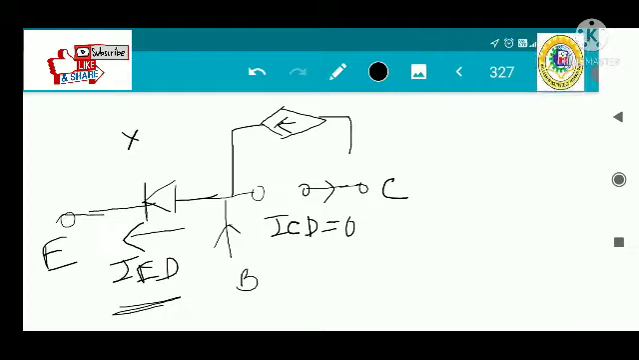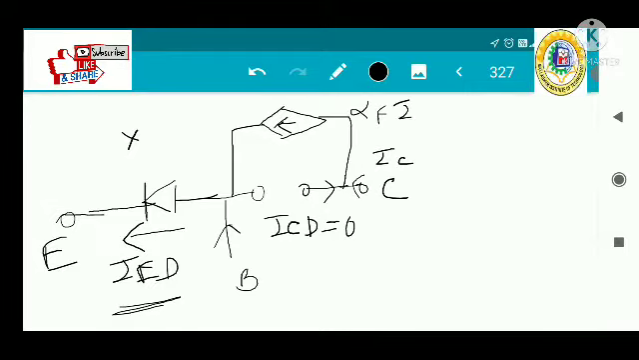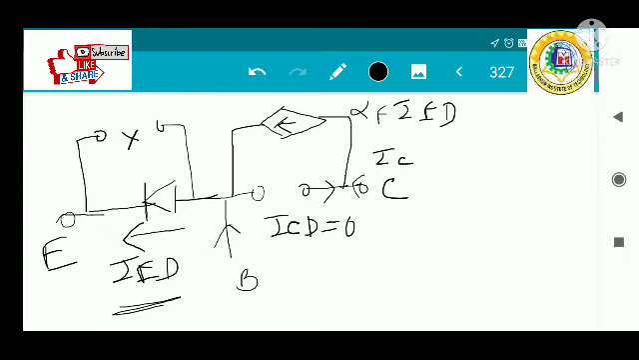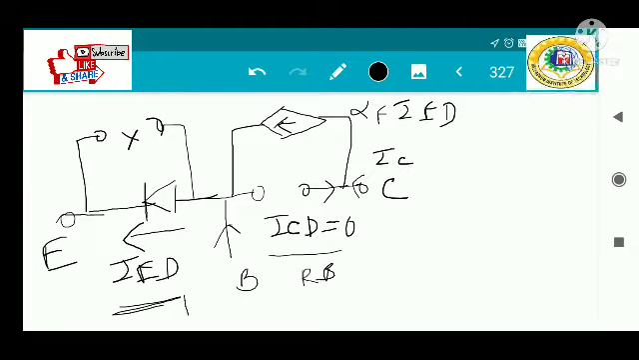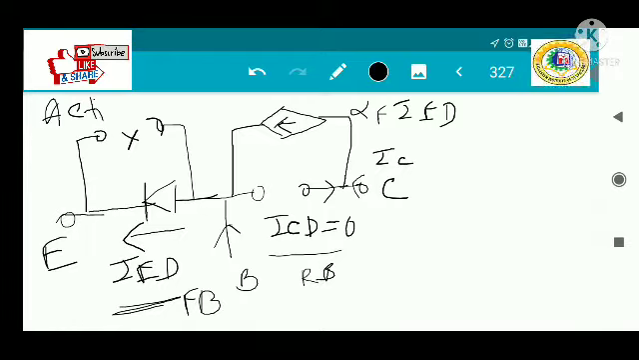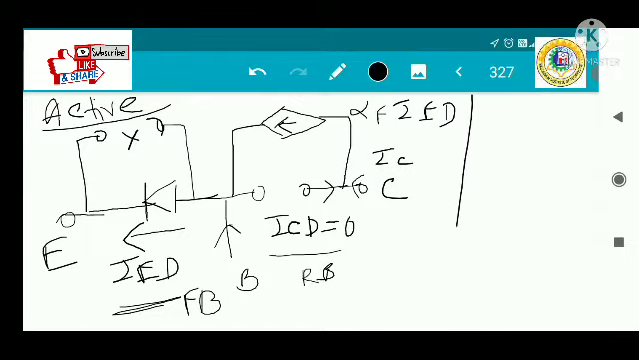And that is your IC, and that is your alpha F IED. So this will be an open circuit, and alpha R ICD is of no use because ICD is 0, as this was reverse bias and this is forward bias. So this is the complete picture of the active region of the transistor that can be represented. So here